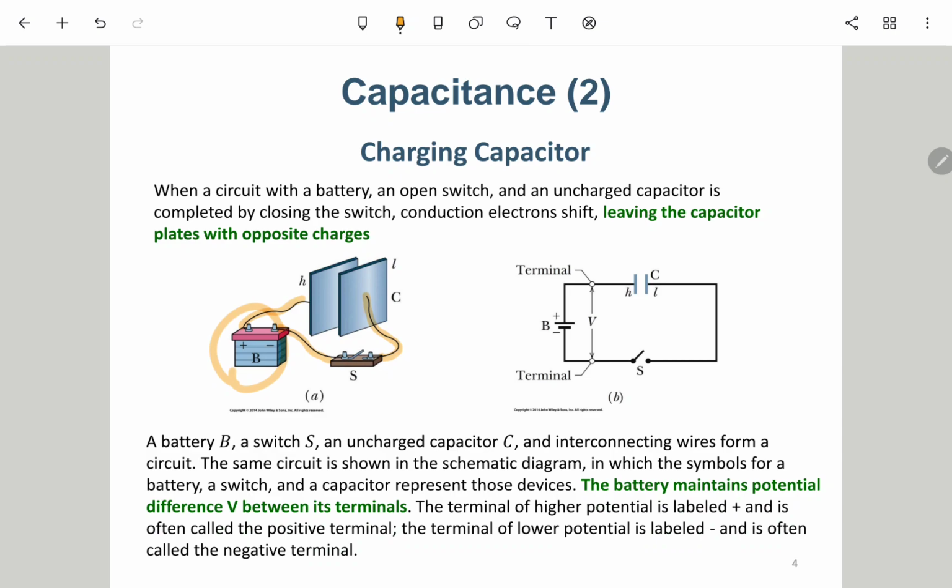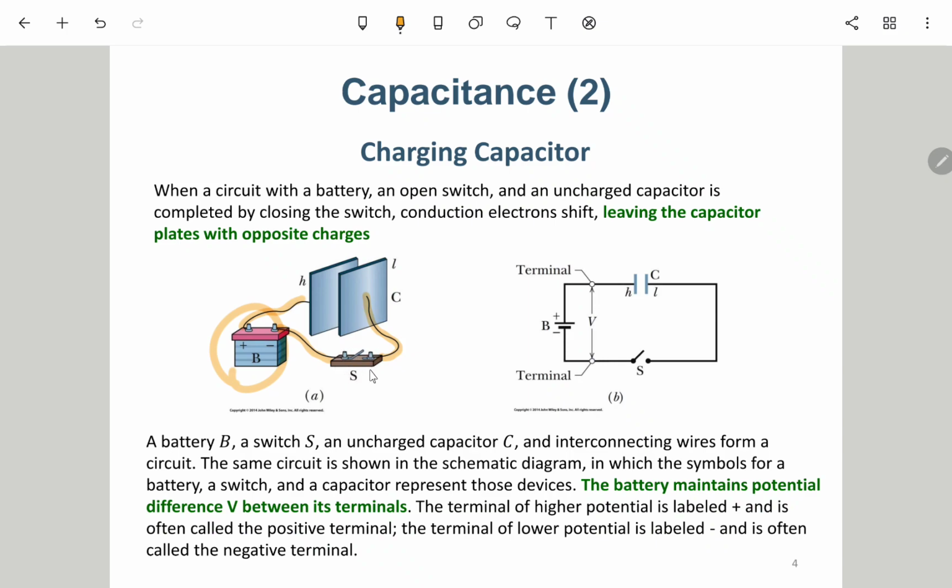Okay, so of course this is a better looking figure, but usually we will use so-called circuit symbols to represent this figure, and that makes drawing much simpler. So actually we'll use these parallel lines, where one is longer, to specify that this is a battery, and this side is positive and this side is negative. And for the capacitor, we'll also use two parallel lines with the same length to represent a capacitor. And for the switch,